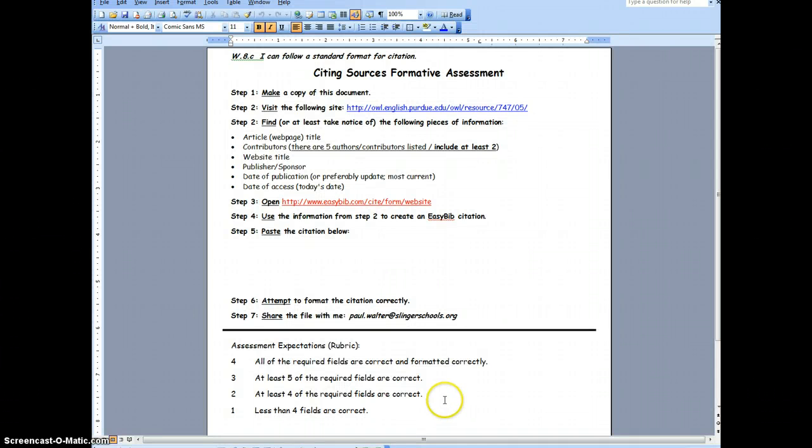Okay, so today we're going to talk about W.8.c, which is the citing sources formative, the standard that deals with citing our sources. And again, we are going to use EasyBib to try to accomplish this task because we might as well use the tools available to us to help cite the sources, to help format the information for us. I think the key thing is just that we find the information, but then we use this very effective tool